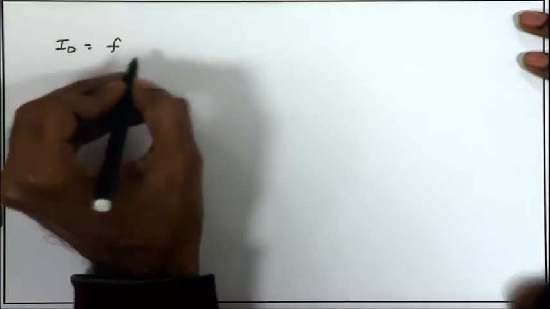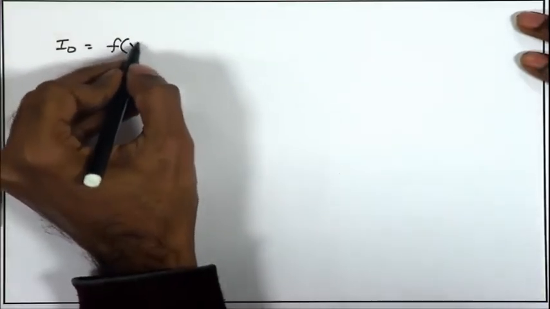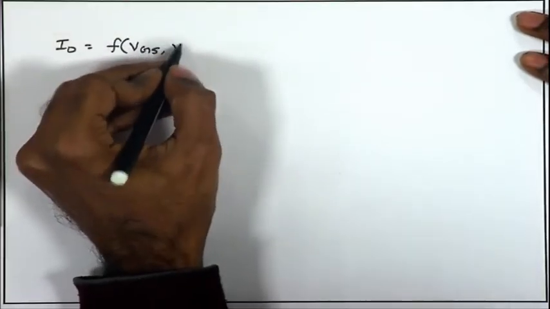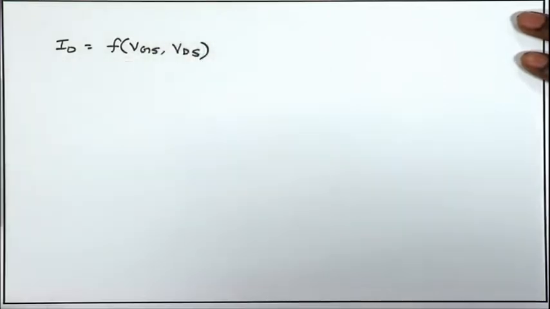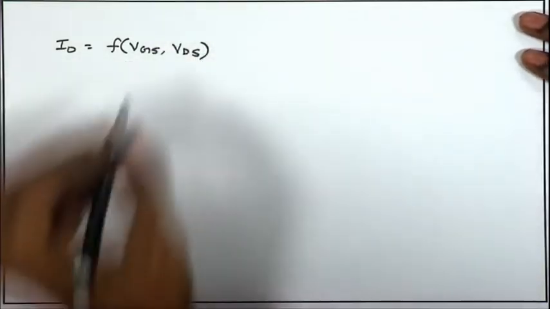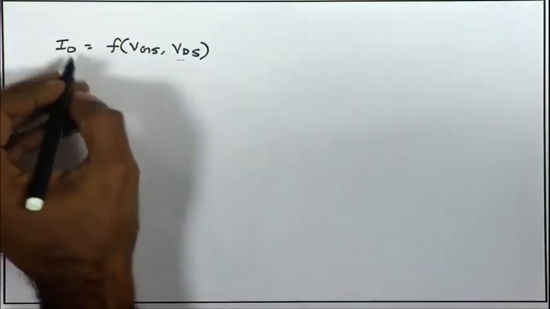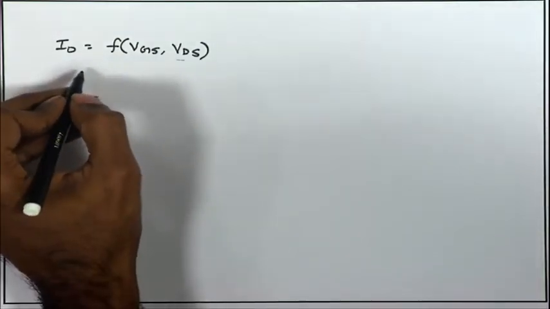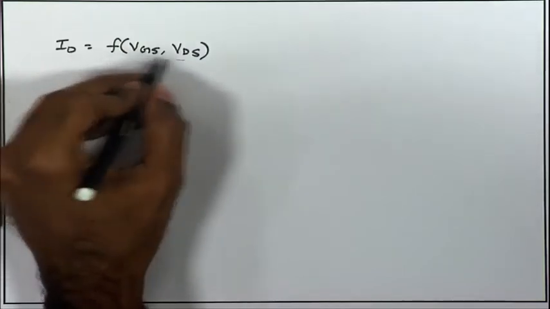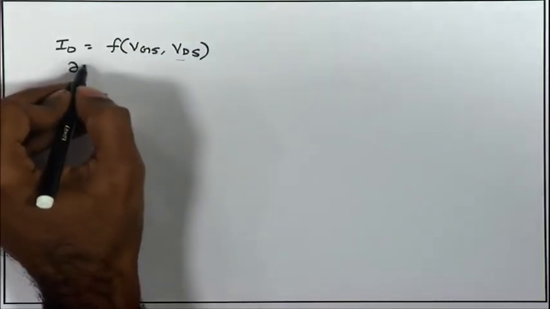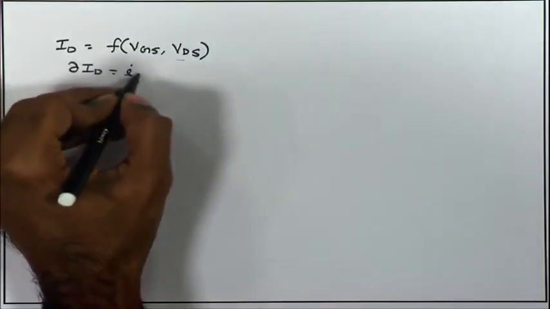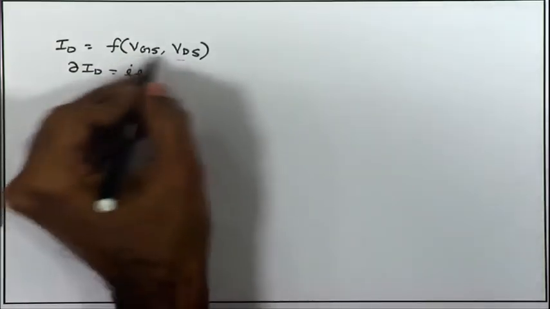Once again we say that this is a function of two parameters, that is Vgs and Vds of the MOSFET. In saturation region especially we have these two terms affecting the overall device. So, if I have to say what is the small signal current, this is a function of two variables, what is the small change in current delta Id, which I am calling small Id, resulting from small changes in